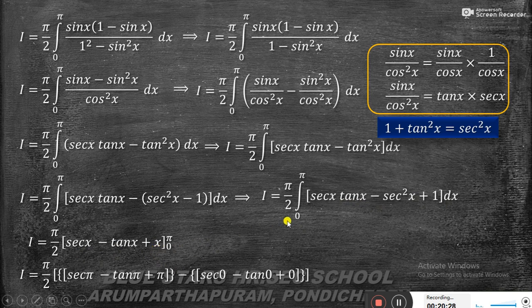Now apply the limit 0 to pi. So the lower limit is 0 and upper limit is pi. So therefore pi by 2 into, now I substitute the upper limit, secant pi minus tan pi plus pi minus, now I apply the lower limit, secant 0 minus tan 0 plus 0. So in the next step,